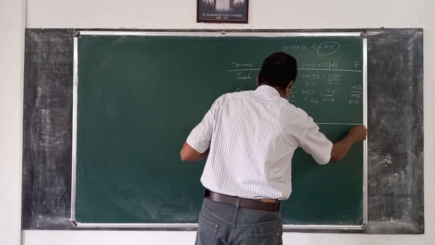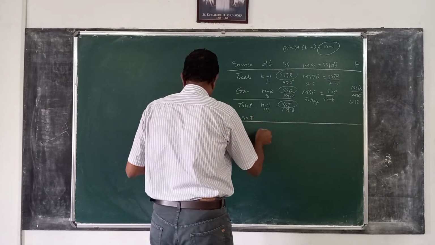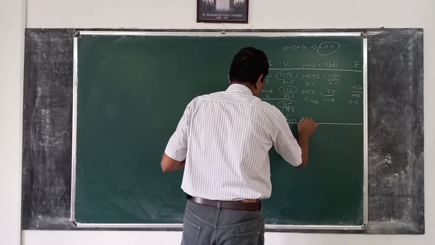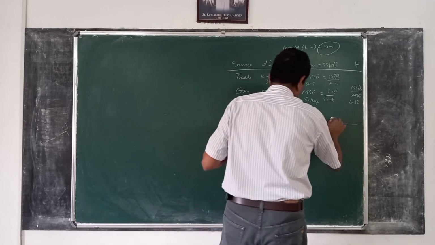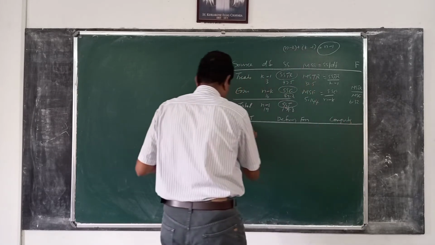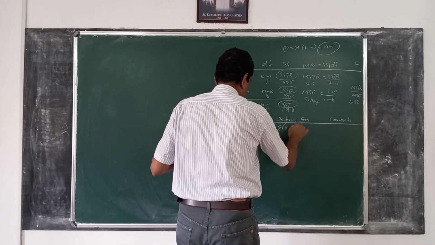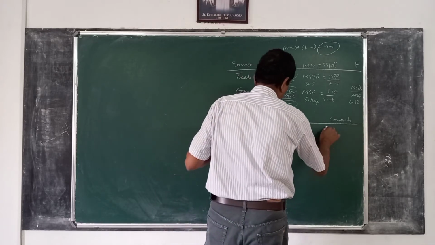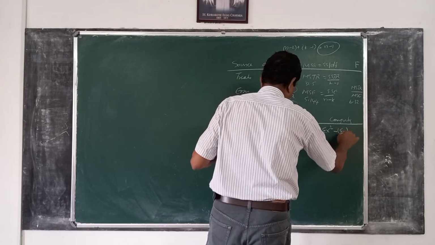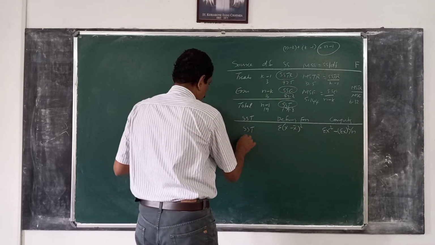It is just for your understanding only, the computational formulas. For SST, the defining formula and the computing formula: sigma x minus x bar square. For computation, we can use sigma x square minus sigma x the whole square by n. This formula is familiar to you. SSTR,